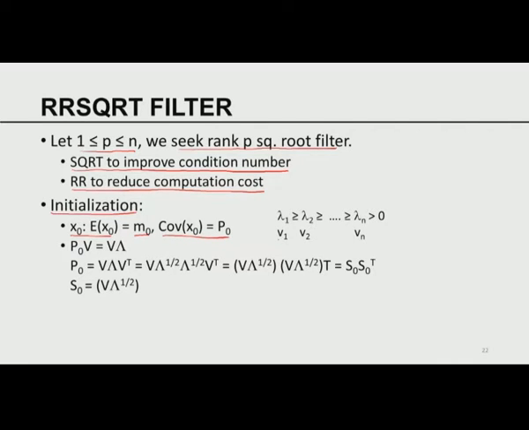Let V be the matrix of eigenvectors of P naught corresponding to the eigenvalues lambda 1, lambda n. So lambda i, Vi are the pair. I can collate all the eigenvectors into a matrix V. I can collate all the eigenvalues along the diagonal and call it a matrix lambda. So this is the classical eigenvalue decomposition, which can be written like this, since we already know V transpose V is equal to I. I do not know how many times we have seen this eigenvalue decomposition.